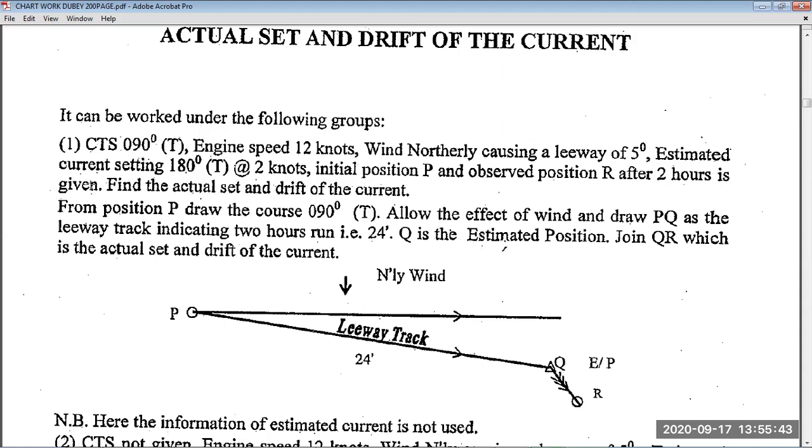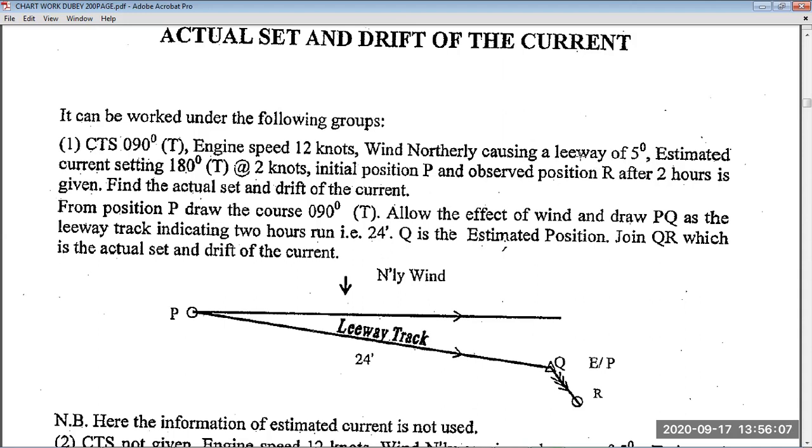So what we are doing here is plotting. First, we plot the course to steer, that is 090 degrees, and we apply the leeway because we are using the allowing method, since course to steer is given. And for actual set and drift of the current, we always have to use the allowing method.